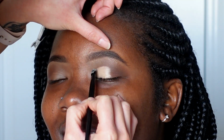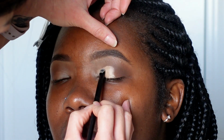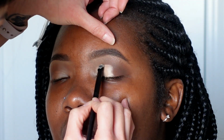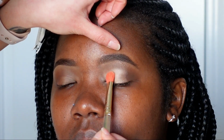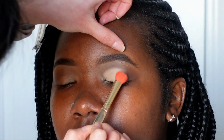At this point in time, I felt like I needed to blend it a little bit higher because I wanted it to be slightly above the crease of her eyelid. As I mentioned, she has hooded eyes, so having it above that crease is really essential. After I was somewhat happy with the shape, I went in with another COZZETTE Infinite Matte Eyeshadow in the shade Pagan. It's just an off-white creamy kind of color, I would say, and I took it with a flat shader